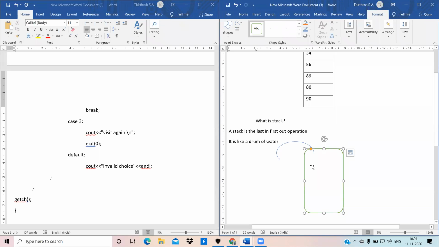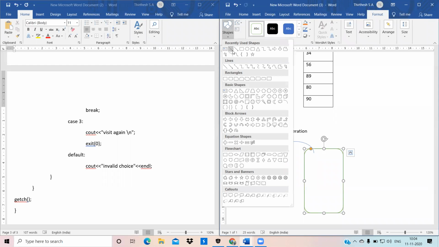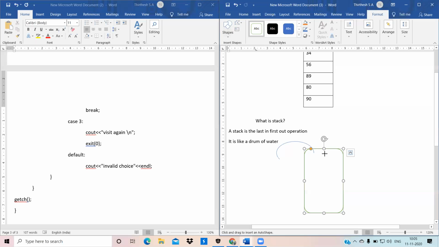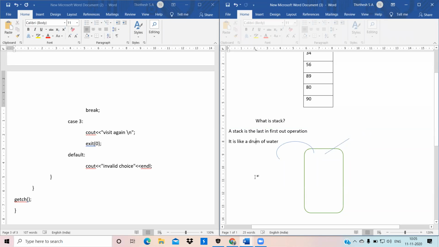When you are going to remove the water, you are not going down to the bottom part. You are going to remove the water from here itself, from the last part itself,